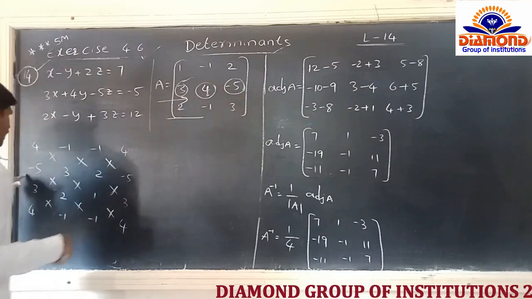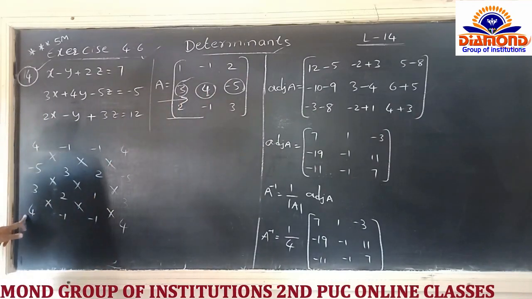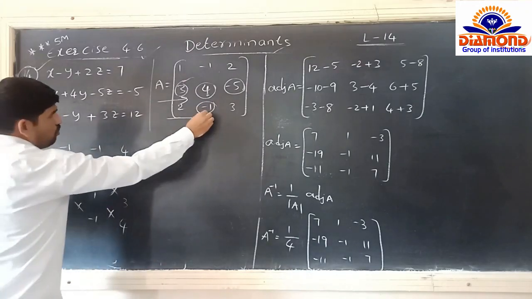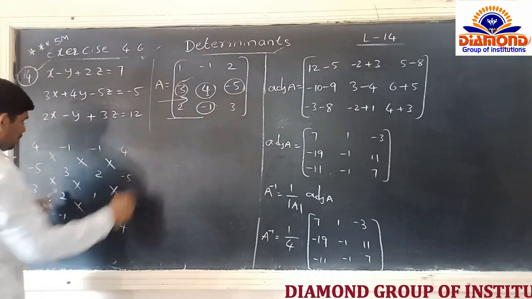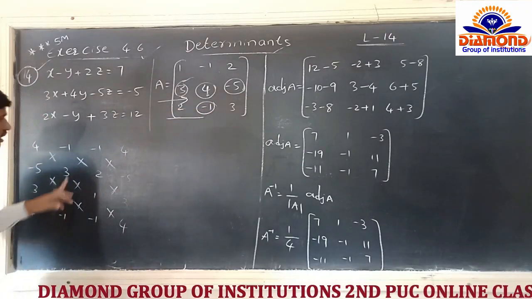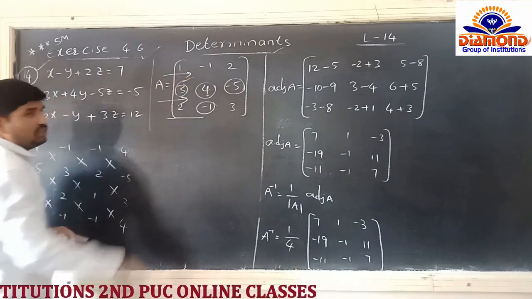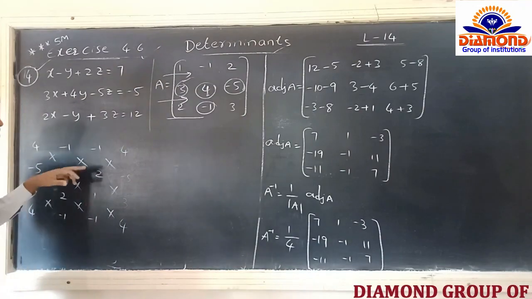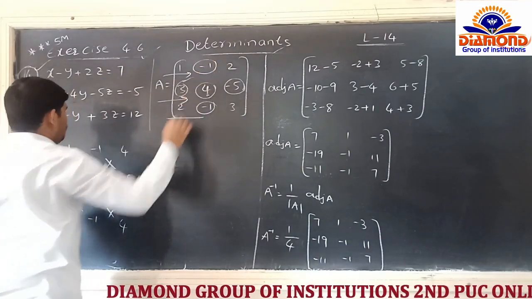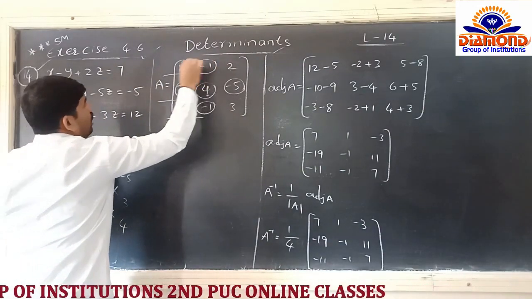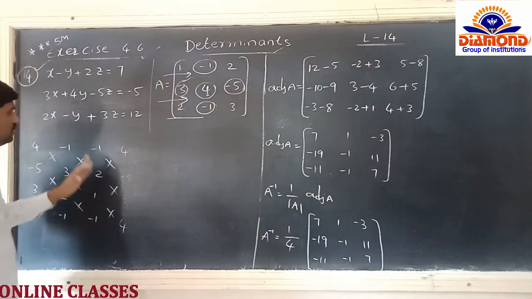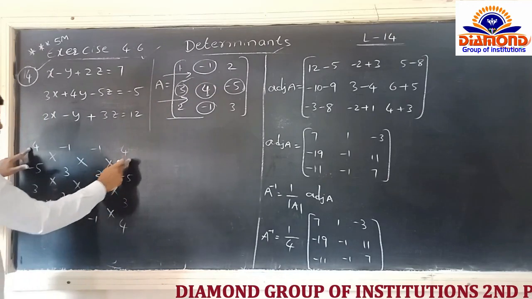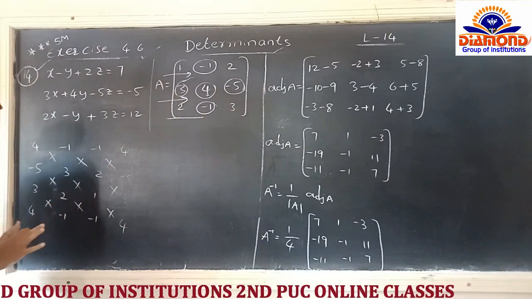So 4, minus 5, 3, 4 completed now. Again see, this is the middle one, minus 1 and 3. Again we are taking the 2, again minus 1. And after completion of the third row, we are going to do the first row. First row is that is minus 1. So minus 1, we can write the 2, again 1, minus 1. Yes. And this is the first column we are shifting to last.